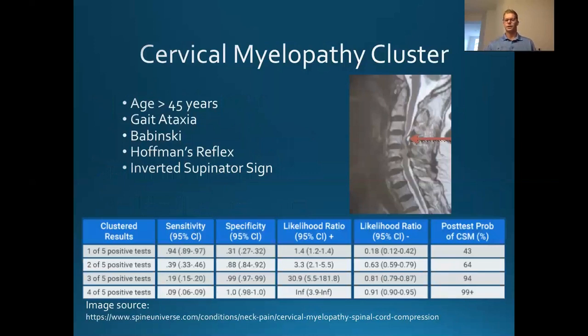There is a cluster, and this is great for us clinically. We can use this cluster to help determine whether or not someone has cervical myelopathy. That is, if their age is greater than 45, if they have ataxia with their gait, a positive Babinski, a positive Hoffman's reflex, and a positive supinator sign. The more of those tests that are positive, you can see the likelihood significantly increases of that person having cervical